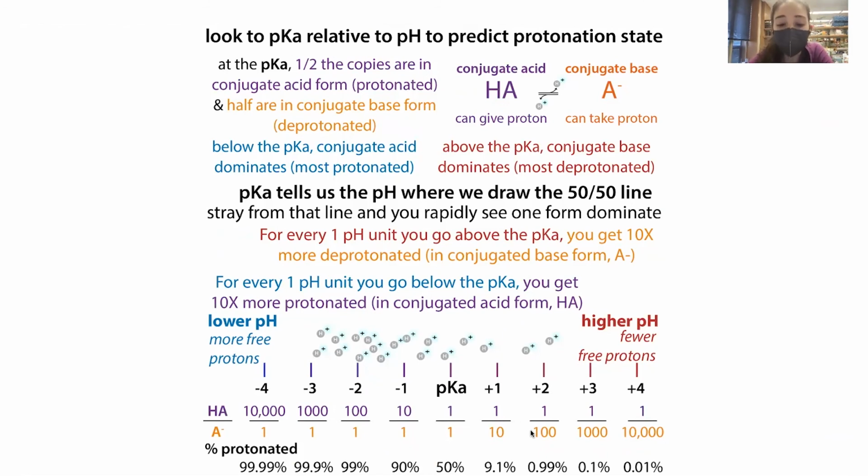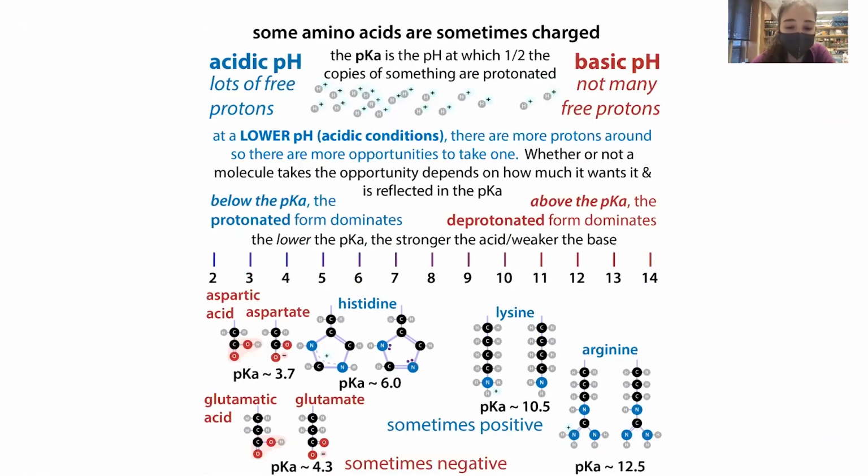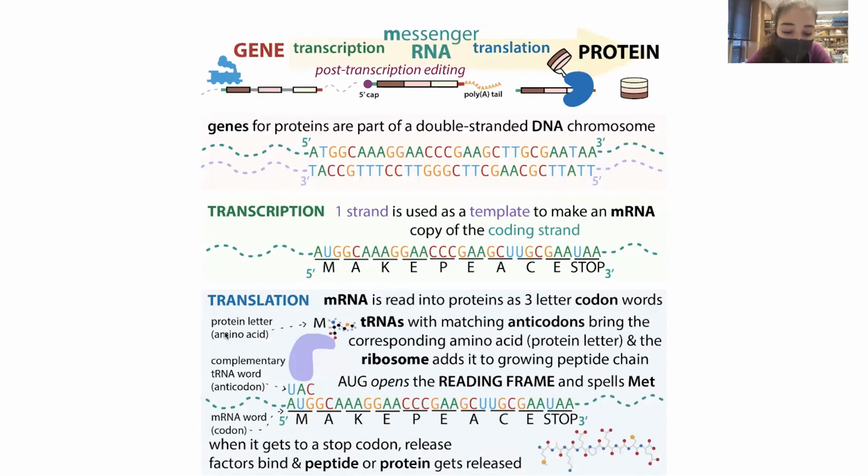And so only about 9% of it is going to want to be protonated. So how is it that we are going to get this histidine to protonate, and not just to protonate, but to get its base, not from solution, but from a serine? Serine is not even on our list of these sometimes charged amino acids, because serine has a